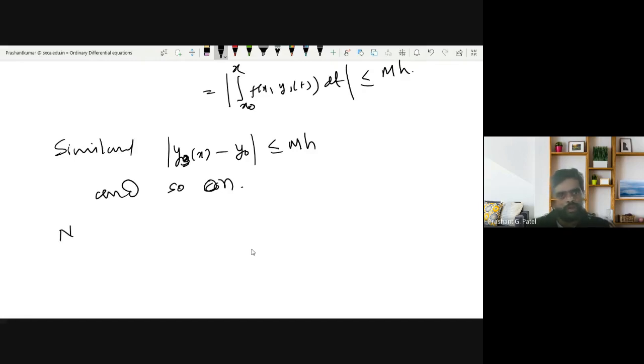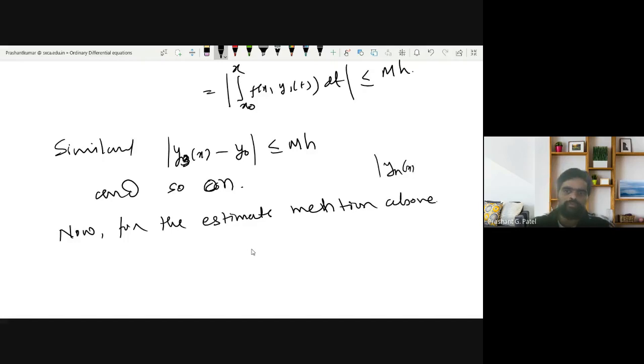So now for the estimates mentioned above, that is estimation of yn of x minus yn minus 1 of x, that is our objective is to estimate. Since it is continuous on the closed interval and it has a maximum, and y1 is continuous, so it's defined